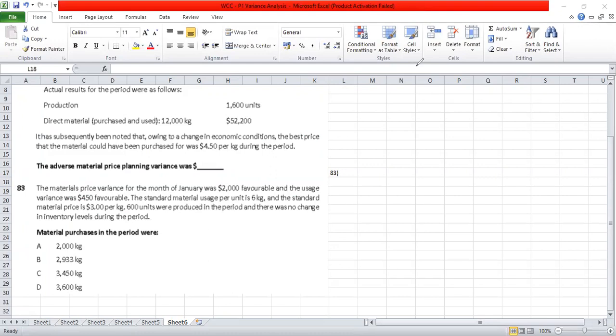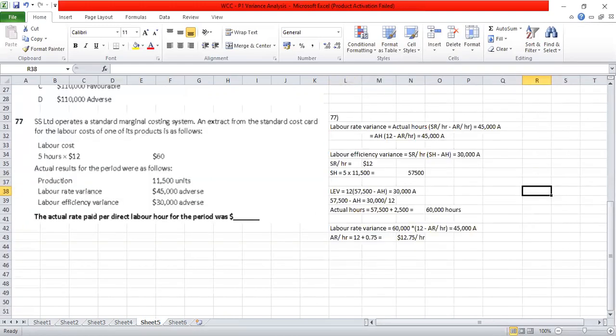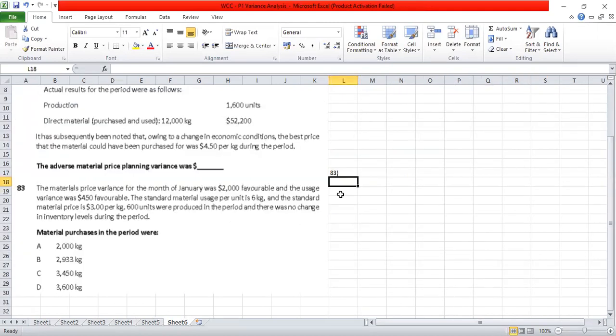Similarly, the way we have done the labor variance previously, we just substitute in the variance and then find out the unknown variables. That is how it has to be done. So let's start with the first one, which is material price variance. What's the formula of material price variance? Let's put it as material price variance